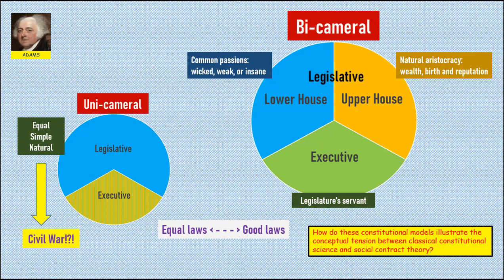On the other hand, the bicameral model, although it appears to make a compromise on the principle of equality, is more durable and better designed to ensure laws in the common good. It does this by separating the good portion of the people from the bad portion of the people. By containing our vicious impulses within one branch, it allows our good impulses expressed in the other branch to triumph and to lead the way.